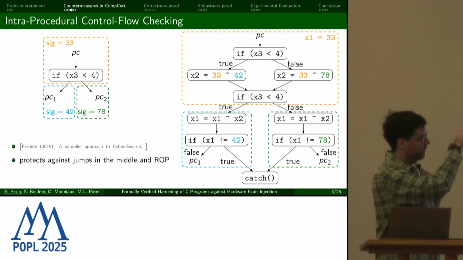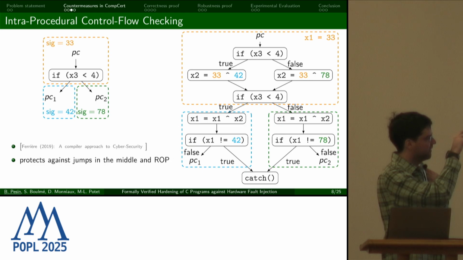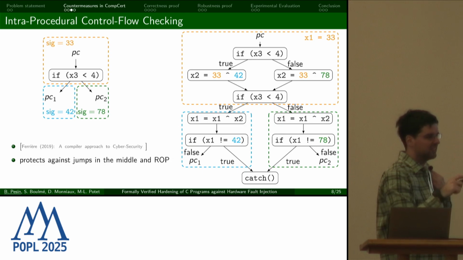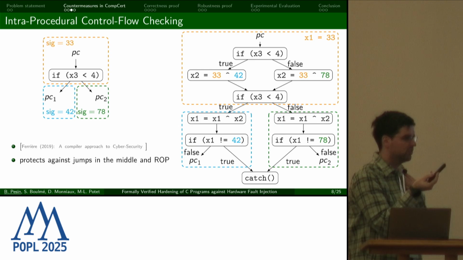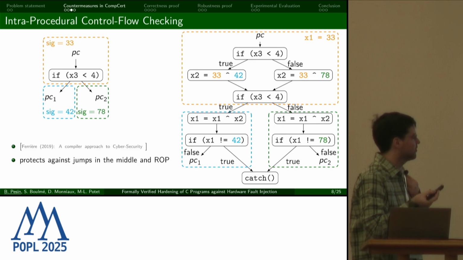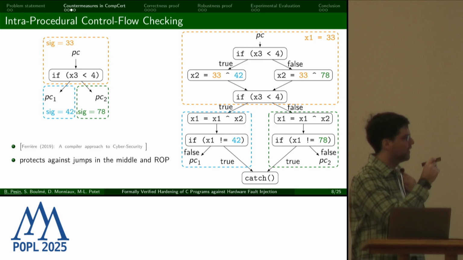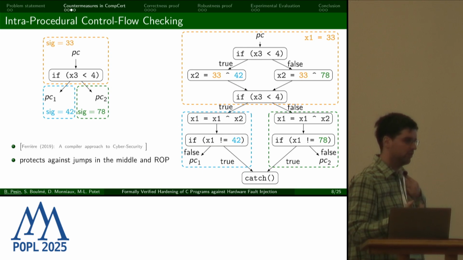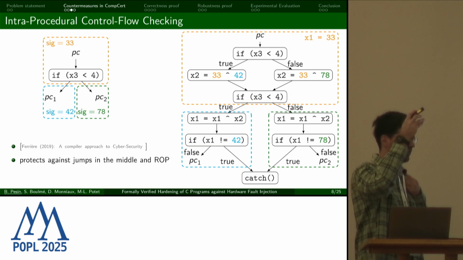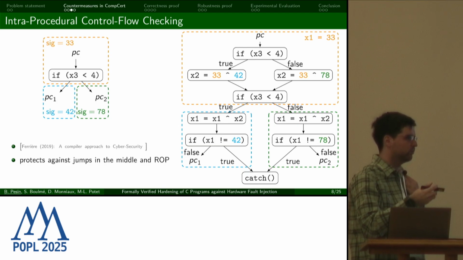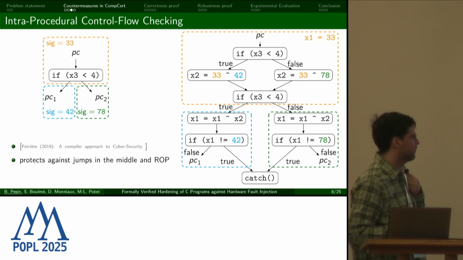And then you do a pretest. Depending on the result of this pretest, you will assign to another new register, x2, which we call the transfer signature register, a value that is a composition of the signature of the source block and the signature of the target block where you're supposed to go. And this composition is actually just a XOR operation, because XOR is very practical, it's easily invertible.